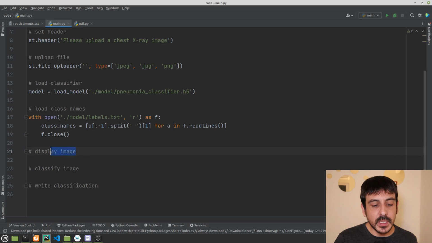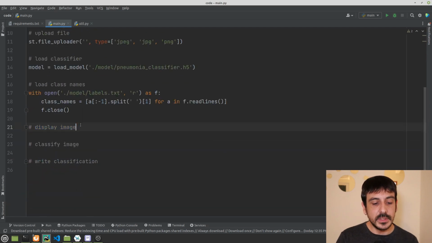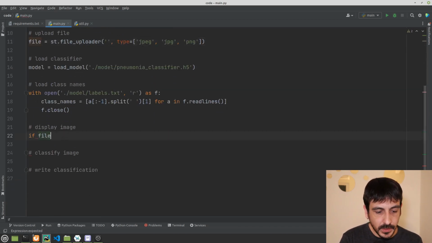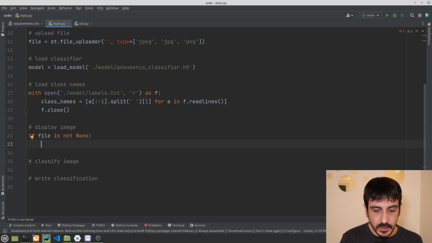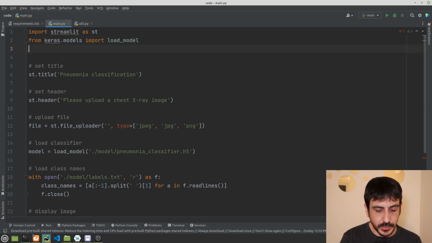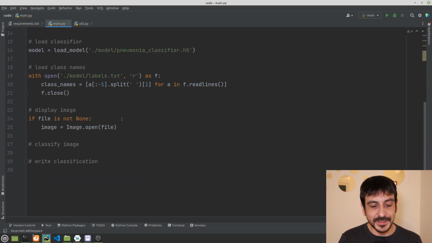And now you can see that the next step in this process is to display the image the user has selected, right? So this is how we're going to do it. You can see that we are calling this value, and we need to say this is equal to file, and then we're going to say if file is not None, we are going to do something like this. We're going to define image as Image.open(file), right? An image we are going to import from PIL: import Image. This is a function we're going to use in order to read the image the user has selected.